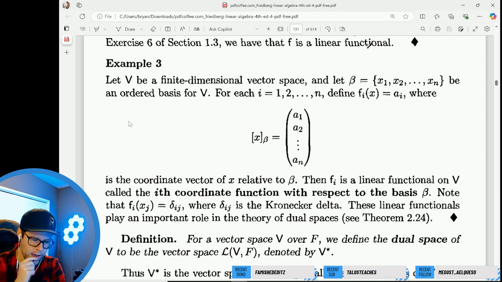Define f_i(x) equals a_i. So all they're doing is capturing a particular coordinate from the coordinate vector, so the ith coordinate function with respect to basis beta. This one's a little bit funky, but let's say I had an ordered basis and I wrote down some vector in terms of